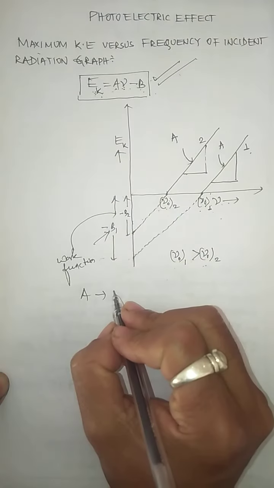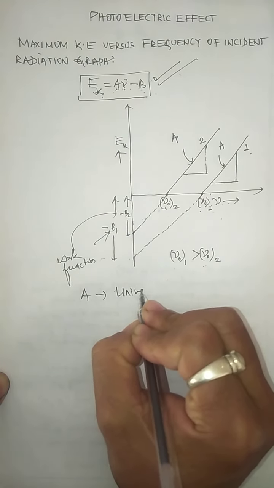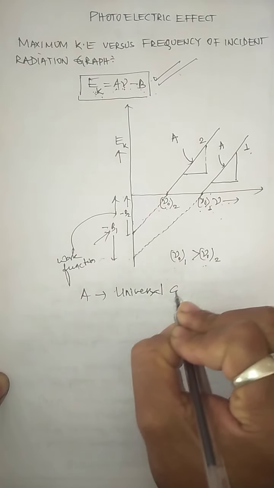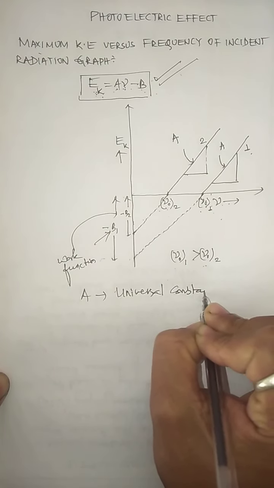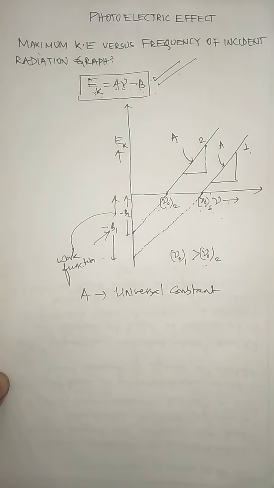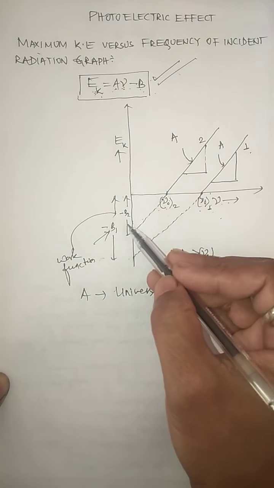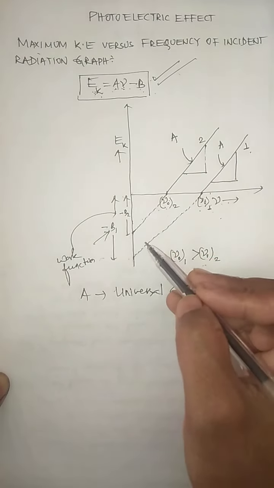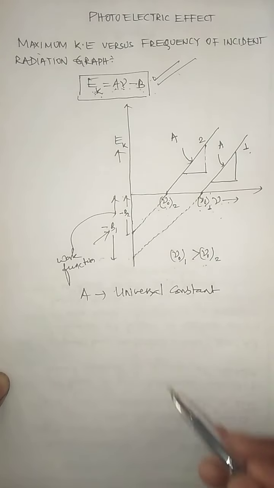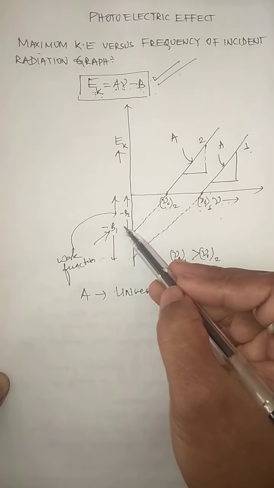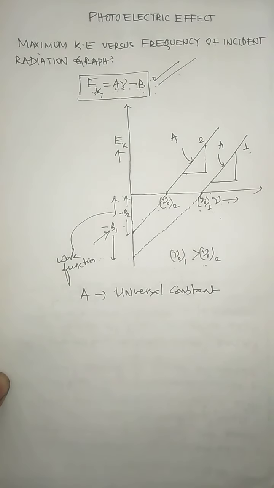A is basically a what? Constant, and this constant is called the universal constant. This A is called what constant? Universal constant. And as I said, B is the work function, which completely depends on the material of the cathode plate. So B is called the work function, and A is basically a constant, called the universal constant. With this experimental observation, which was performed by Hertz and Lenard, they made a law,